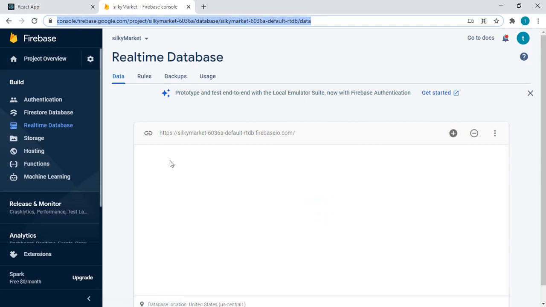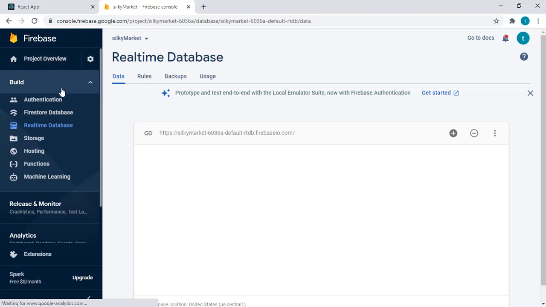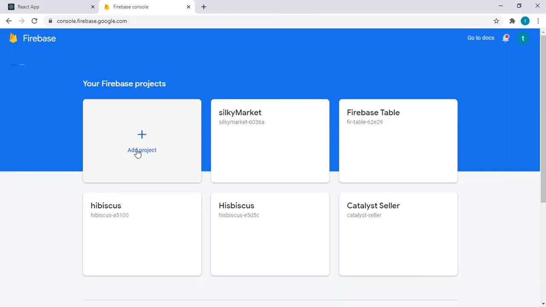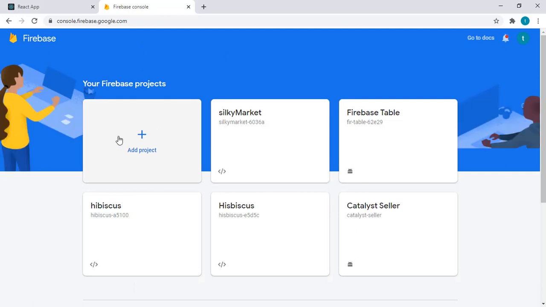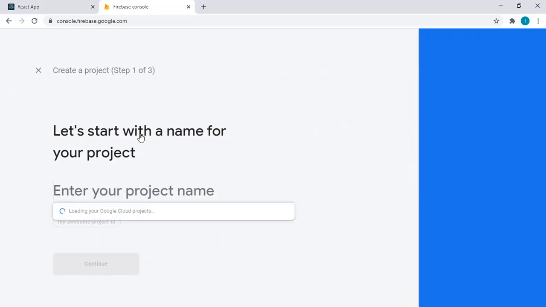So the way we do that, this is the Firebase console, and we are going to create a new project. So we just go ahead and create a new project. And by the way, if you have not used Firebase console before, it will take you to a login where it will ask you either to sign up or to log in. If you just click on add project,